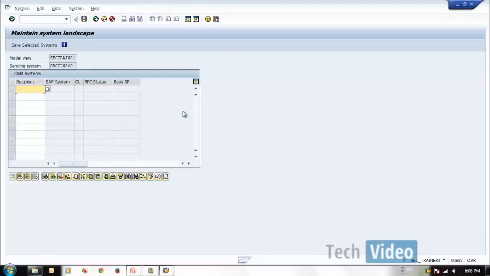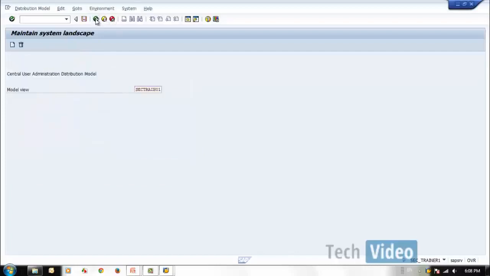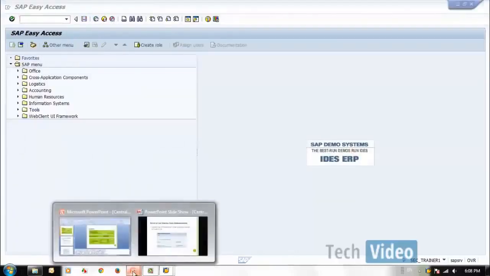When you say create, here you can define the child systems. This will be your model view, this will be your sending system, and you will put the child systems here.